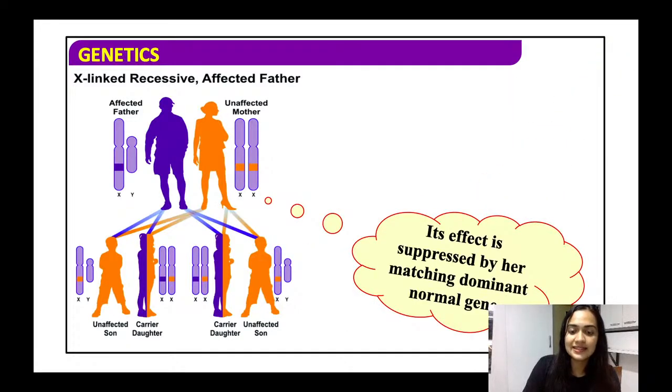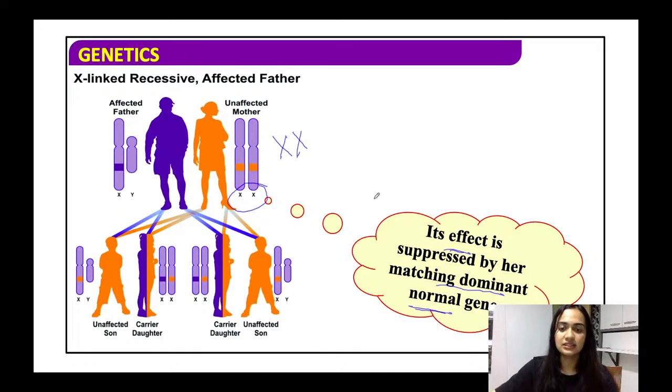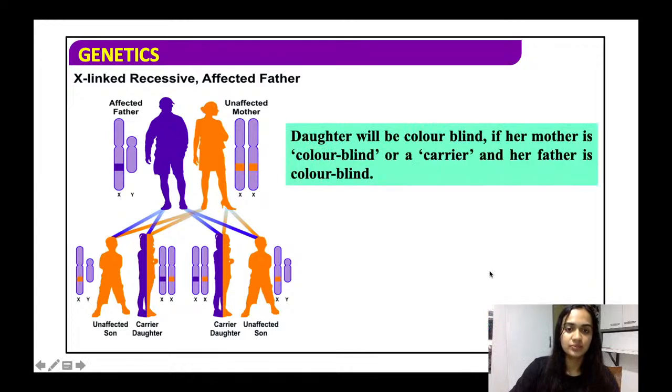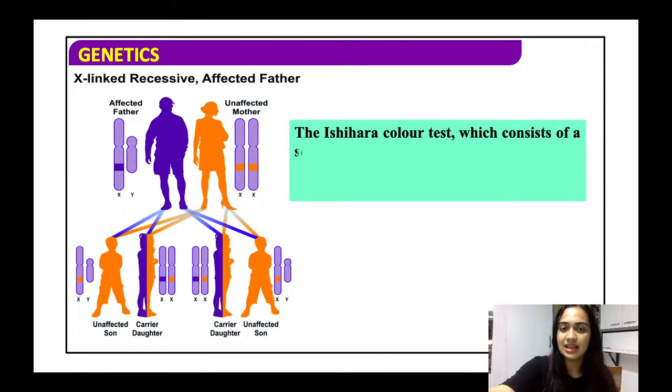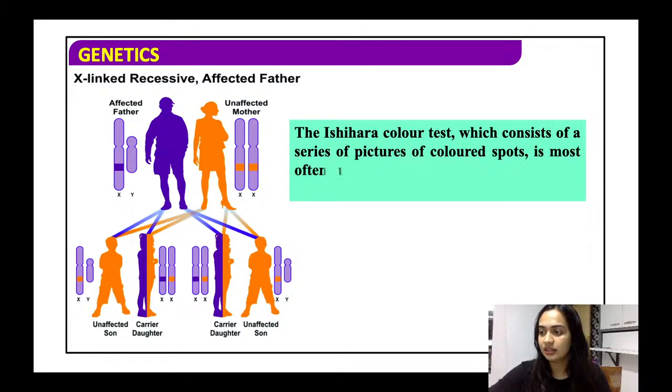Now, the effect is suppressed by her matching dominant normal gene. This basically suppresses the recessive gene. So what happens? A daughter will be colorblind when the mother is a carrier and her father is affected, that is, colorblind. Same as it is the case of the